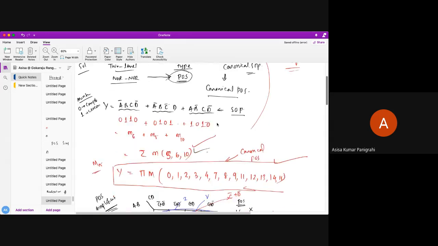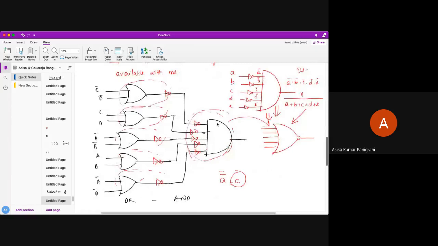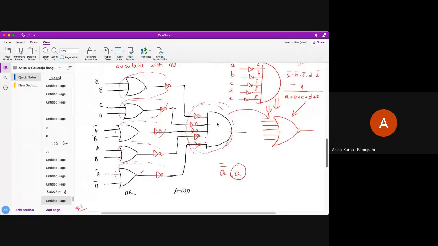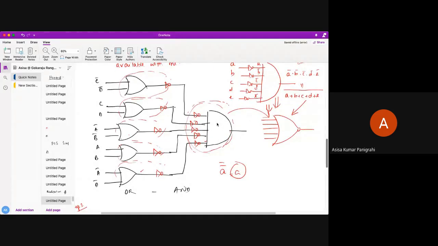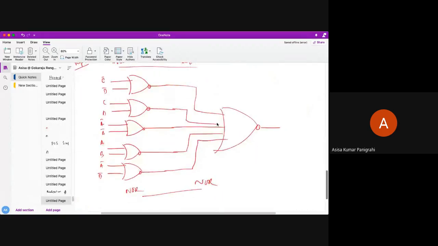This is the way the question will be asked. Then finally what we have done, we converted into OR and AND realization, then put a series of inverters at the input of the AND gate, then converted into the equivalent NOR circuit. Okay, so this is the thing. Do you all understand? It's very important. Some of the questions you can get like this. Okay, if there is no doubt, we'll proceed further.